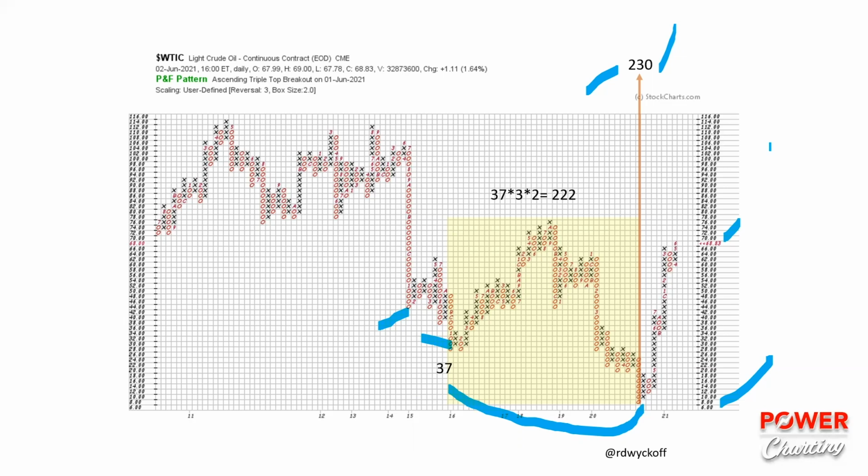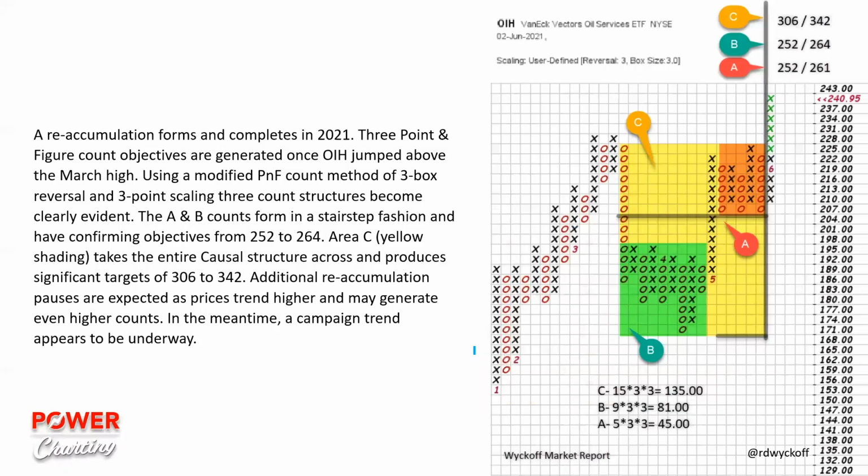Will it go to this level? Don't know. Have no idea. It's not yet above this resistance area of the 2018 high here, but the next level is in the area of 112, 114. And so there is room for this to go up to a higher resistance level, but that is just potential. And so this kind of potential would become immediately attractive to someone with a campaign orientation.